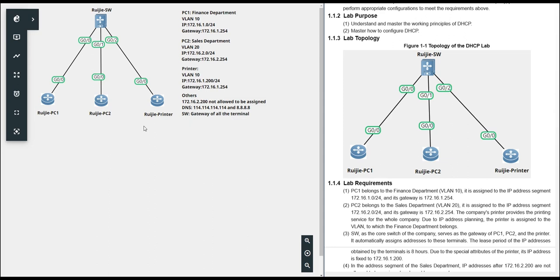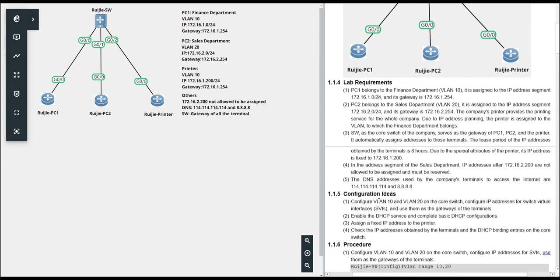Of course, in the real network, if you have the terminals, you can directly click obtain an IP address automatically and select DHCP. Then your terminal will directly send out the DHCP discovery message to the DHCP server. But in this practice, I will use the router to simulate terminals to finish the practice.